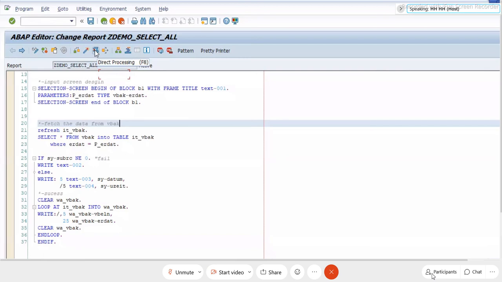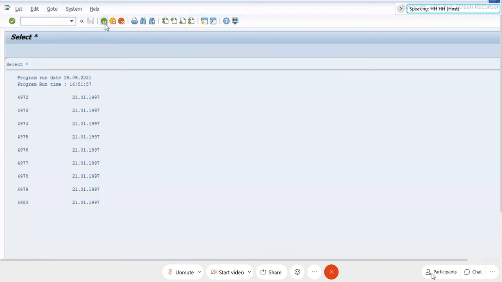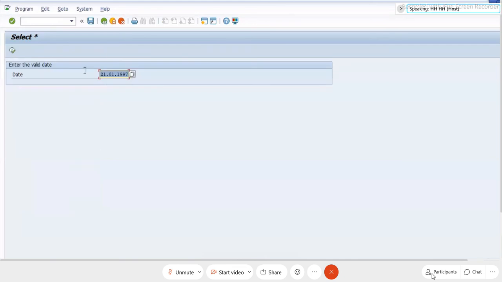So before you execute, you need to make sure of this. Here now I'm executing. If I execute, the output comes. This time only I need to debug my program, so from that point onwards you have to debug. What will happen is the entire program will go into debugging mode. Now you can see here that debugging is switched on. Now you can execute, and it will switch on the trace. See, this switches on the trace and it will open one more screen, one more session.